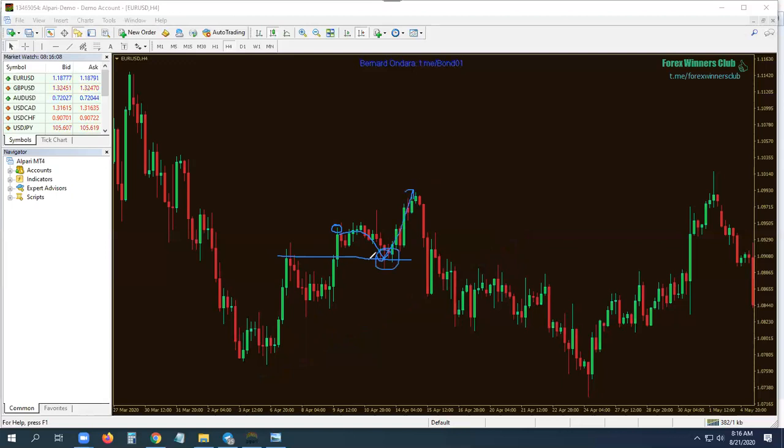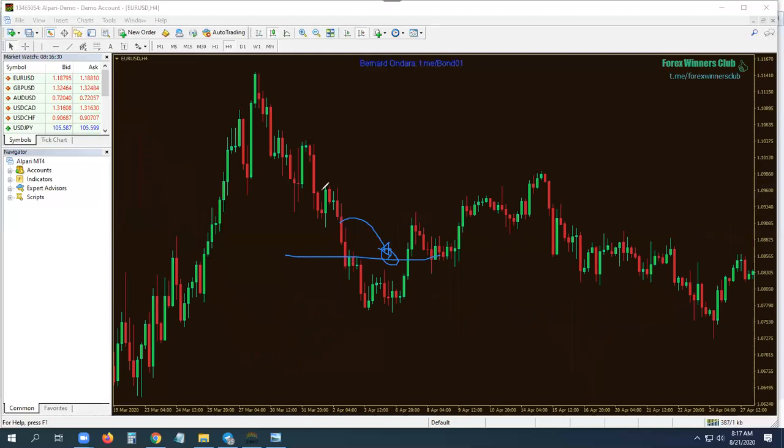Another example. Now, when you do this, when you trade here, you are a pullback trader. This is what we call a pullback. When market comes back to a level it broke, it is pulling back. It is a very common phenomenon on the chart. Very common. Look at the chart here.